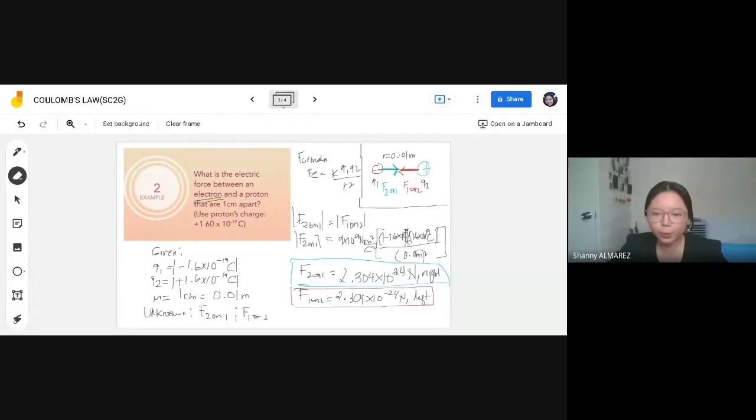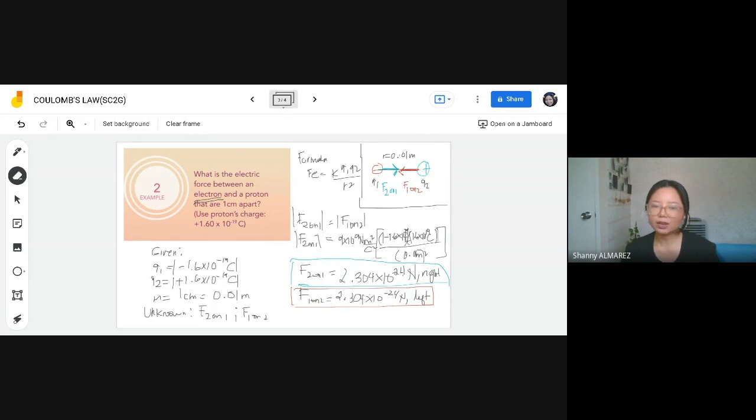Okay, so at this point, we are now down to our last example. Ma'am, palagi po bang naka-absolute value ang Q? The answer to this is yes, if we are speaking of magnitude. Kasi ang ina-avoid natin na maging problema ay pag-assign, ang sign ng ating force, di ba, in our vector discussion, the sign of the force indicates direction. Okay? However, in this particular context,